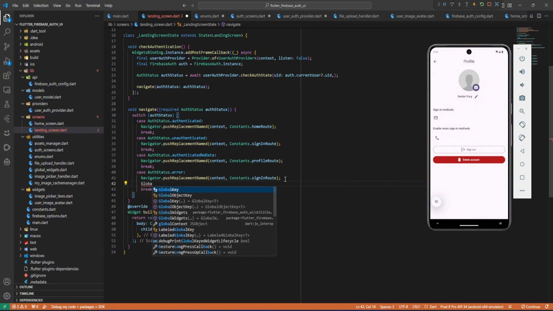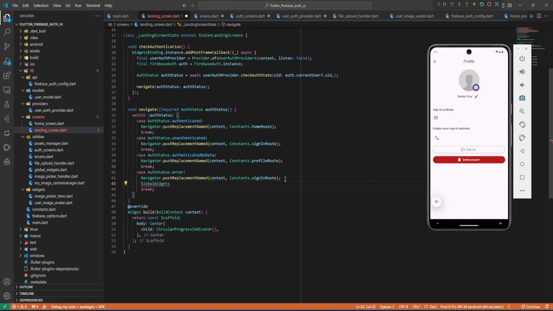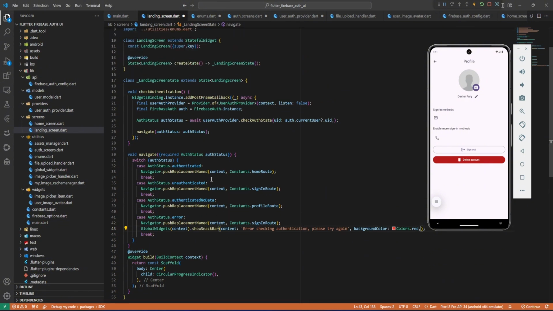So let's do global widgets, then context dot show snack bar. The message we can say error checking authentication. Okay, error checking authentication, please try again. Then maybe we can say the background color is dot red. Okay, something like this. And then just like this, we're done with this